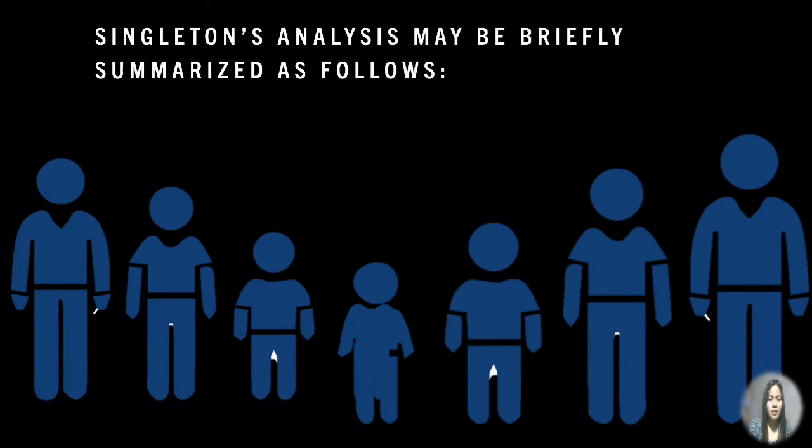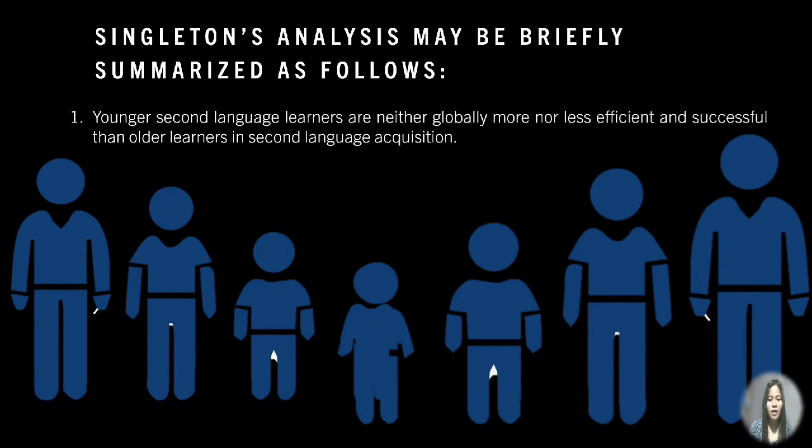So here is the comprehensive and balanced review of this area provided by Singleton, 1989. Singleton's analysis may be briefly summarized as follows. So first, younger second language learners are neither globally more nor less efficient and successful than older learners in second language acquisition. So there are many factors that intervene and make simple statements about age and language learning simplistic